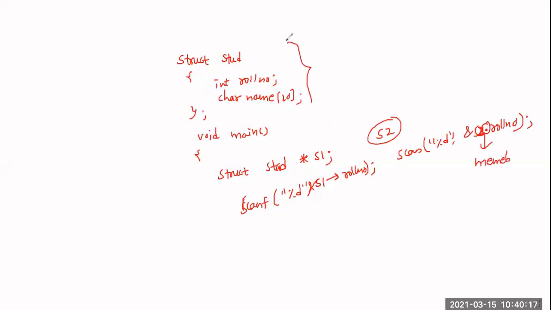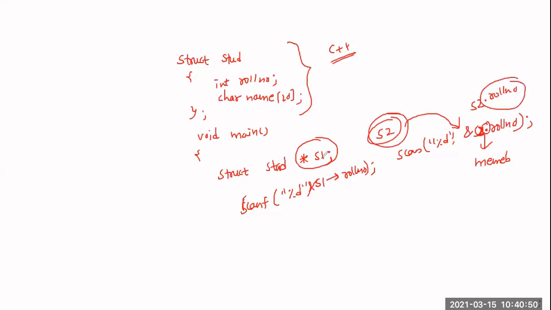That's why in case of structures also this is the member access operator. So if you know the structure concept, then there is not that much difference between structure and class. The only difference is that in case of structures, we don't have member functions inside the structure, but in case of a C++ class, we have member functions. That's it, but everything else is common. You can create structure pointers and structure variables also. Whenever you want to access the structure data by using structure variables, you have to use the structure variable dot member name. That is why this is called the member access operator. But in case of a pointer, you have to use this arrow.